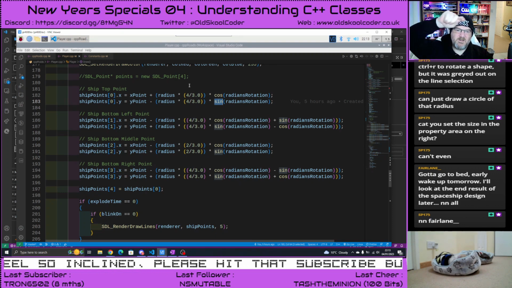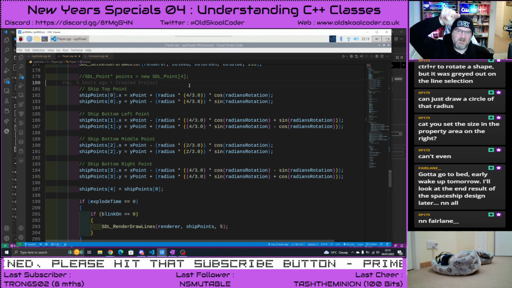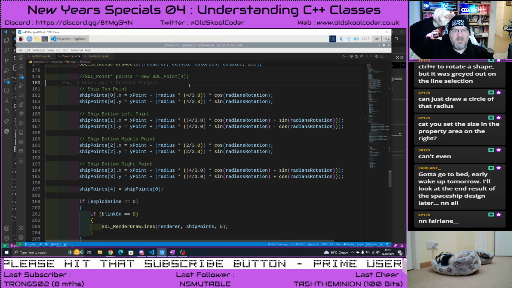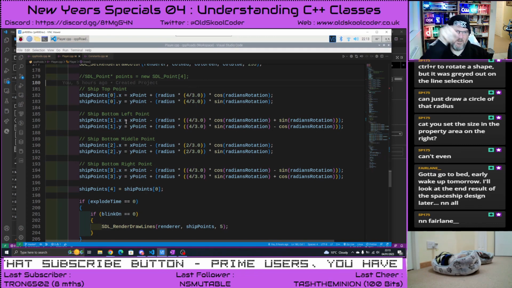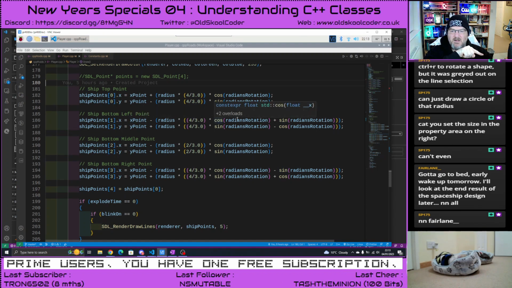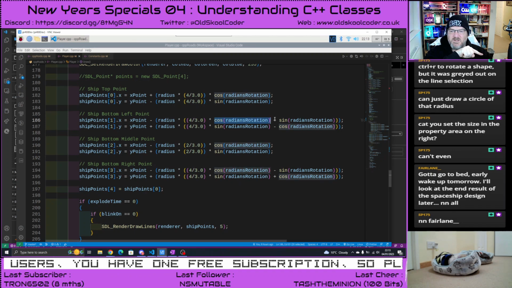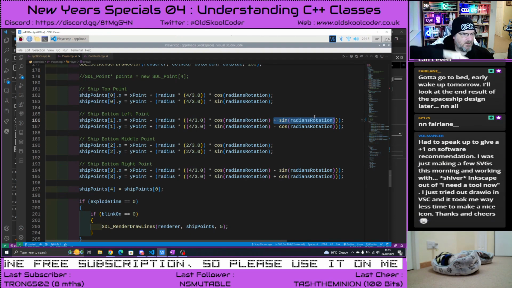So that works out the ship's top point. Then doing the bottom left, we'd work out that point, which is exactly the same thing, 4/3, but we're timesing it by the cosine of our rotation value and adding in the sine value because it's not directly below, so we're having to do it